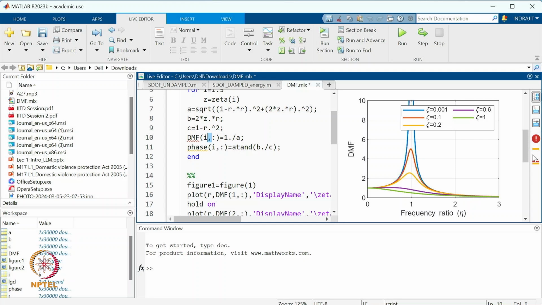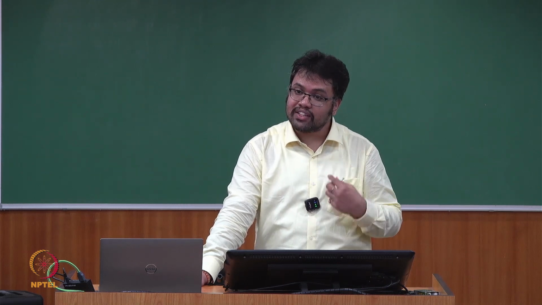What is the frequency ratio there? Frequency ratio was omega bar by omega. So omega bar is the excitation frequency, the frequency at which we are exciting the structure, divided by the natural frequency of the structure. So once the excitation frequency and the natural frequency match very nicely, the structure will